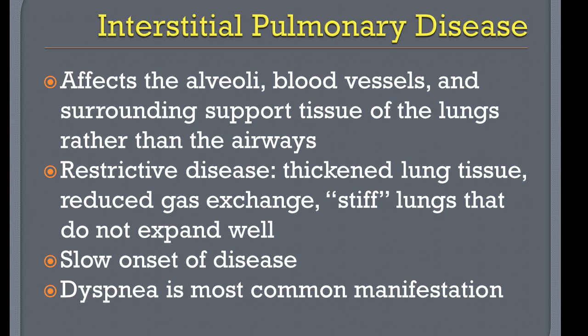And this is just any problem that affects the tissue and space around the air sacs of the lung. The important thing to remember about this disease is it's more of a restrictive disease. We had been talking prior about all the obstructive disease. This is a restrictive disease where you have progressive scarring of lung tissue, and the lung becomes very thickened, with reduced gas exchange, and it gets very stiff, so the lungs don't expand well, and that's what makes it a restrictive disease. It's a very slow onset of